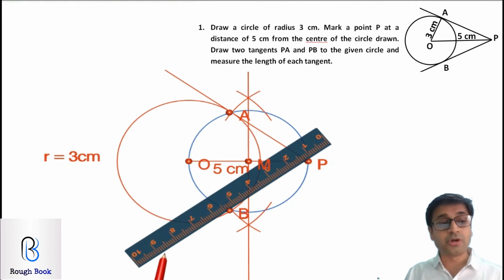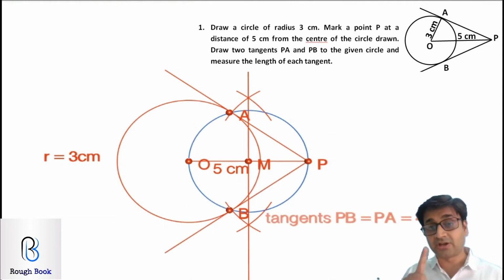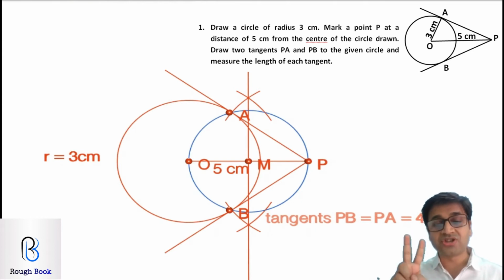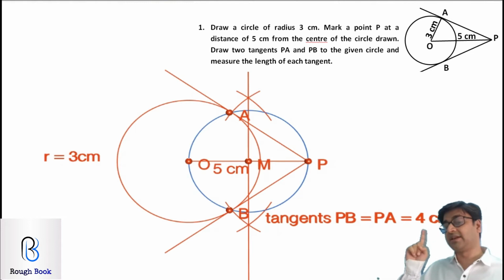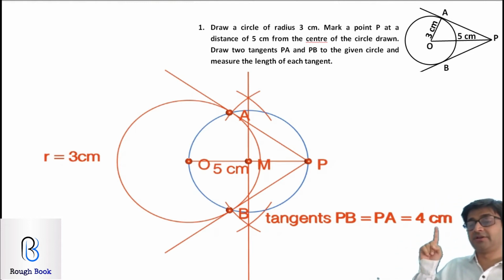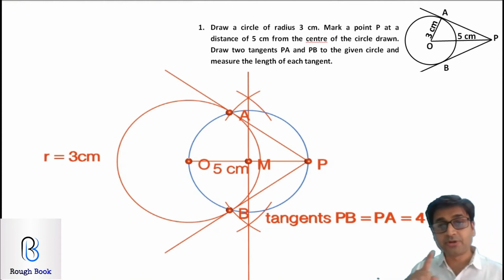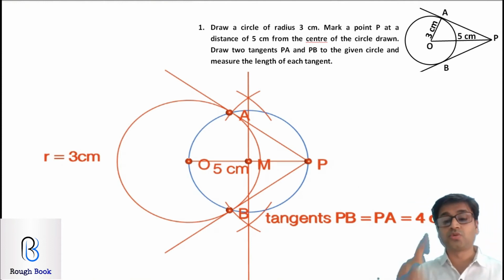They have also told you to find the length of the tangent. If you forget to write that, you lose 1 mark straight. And remember, for both the tangents, the length is going to remain the same. It can't be different. Don't write one as 4, another as 4.1. Write both as the same. That's the property of the tangents. So measure it and write how much it is. So there you go, right over here. How much is it? 4 centimeters. Are you getting it, everybody? So we got 4 centimeters as the length of the tangent. If you happen to forget the measurement, you will lose 1 mark straight.